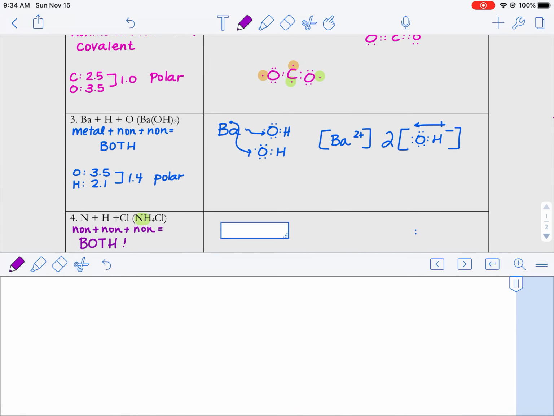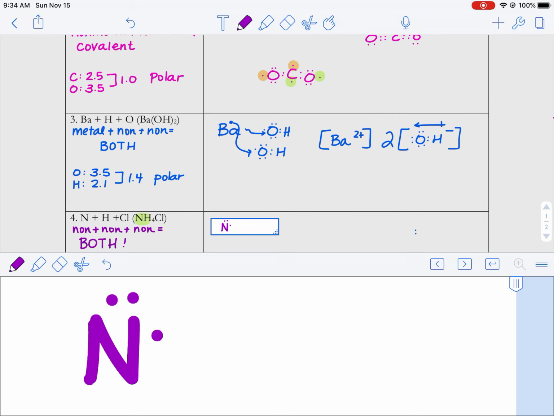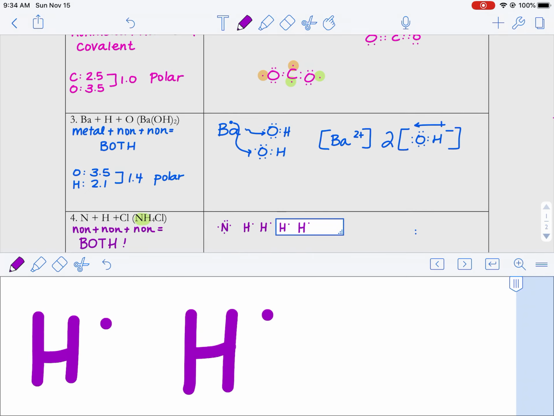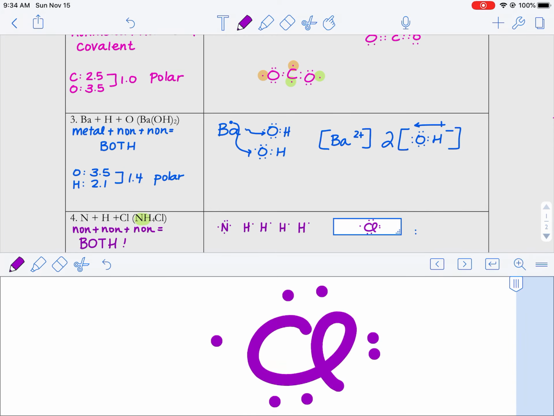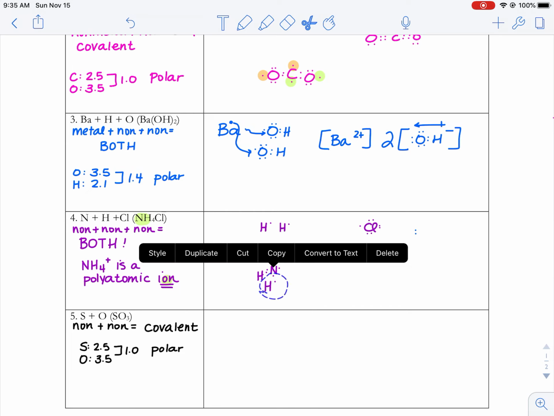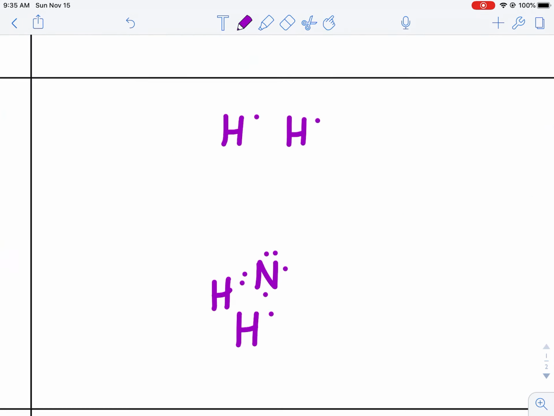So looking at those pieces, we have a nitrogen piece, group 15, so it'll have 5 electrons, and we have 4 hydrogens. And then, of course, there's this chlorine puzzle piece. Once you identify your polyatomic ion, you know that those are going to be the atoms that go together. So nitrogen is going to be my starting piece, and I'm going to click in the hydrogens wherever there's room, and now I'm going to have to rearrange the location of my